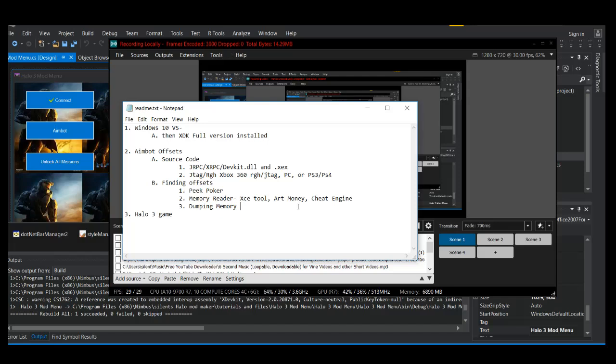Basically, what we're going to need for this tool is, first off, you're going to want to install Windows 10. Sorry, I misnamed this. It is 2010 Visual Studio Ultimate. Yeah, that's what you want. You want to install that first. Then once you install that, you're going to want to install Xbox Neighborhood, the full version of it, so you can get the full dev kit